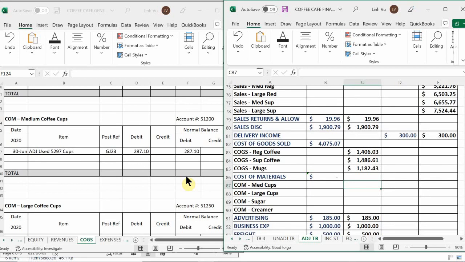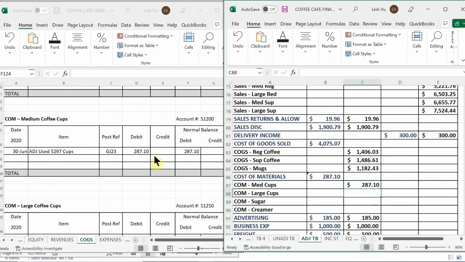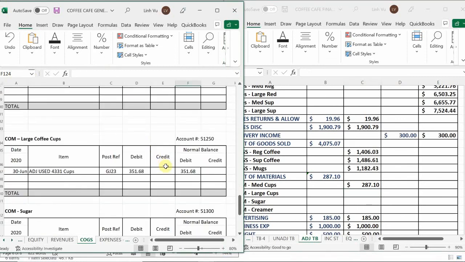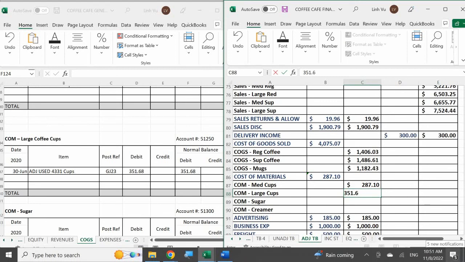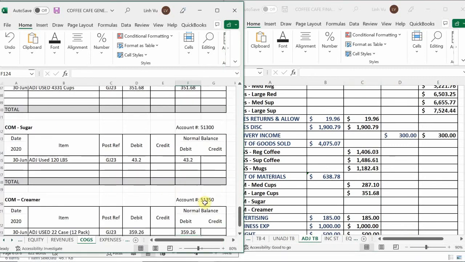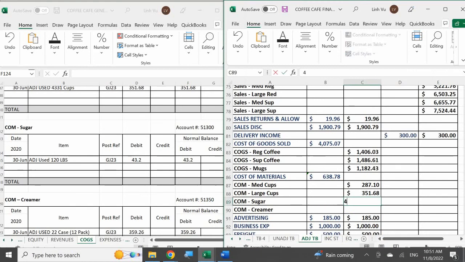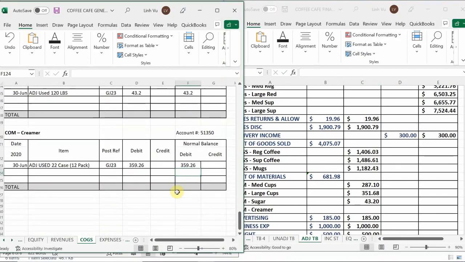The medium coffee cups is $287.10. Okay. Cost for the large cups was $351.68. Okay. Cost of the sugar was $43.20. Okay. And then the cost of the creamer was